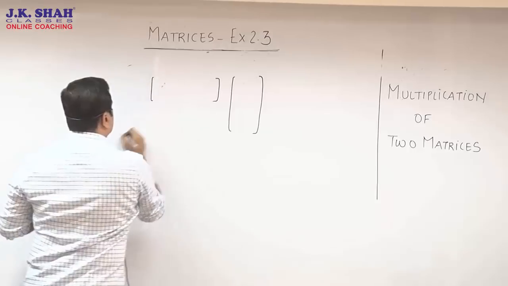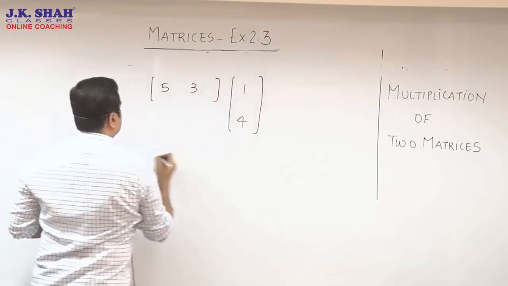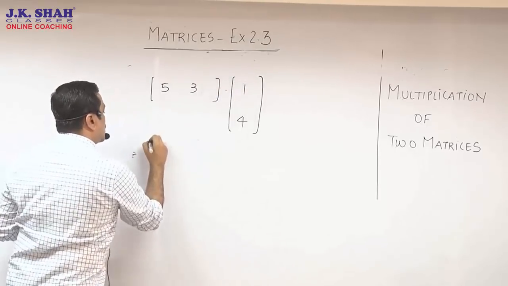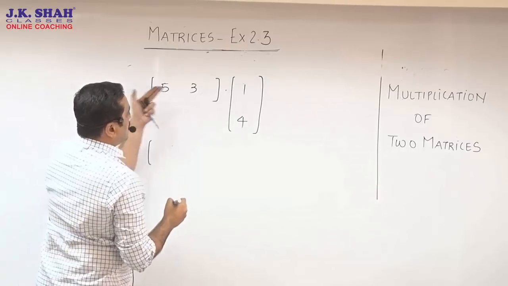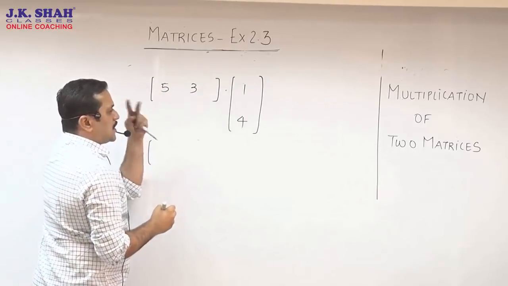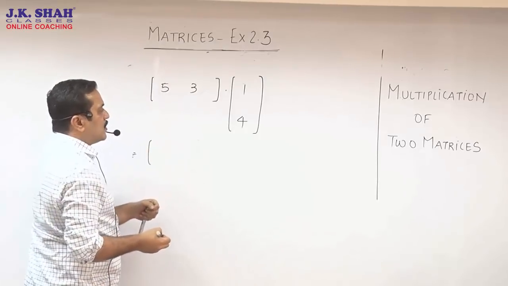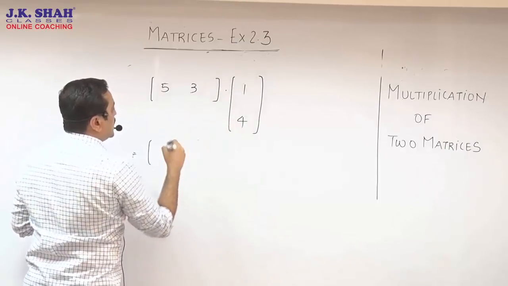I repeat one more time, or maybe we see one more over here. Let me change the numbers. 5, 3, 1, 4. It's a row matrix multiplied with a column matrix. We happen to get another matrix only. Okay, how to multiply? You multiply the corresponding elements. This is completely a game of the eyes. If your eyes roll properly, you'll be able to multiply the row and column properly. So multiply the corresponding elements and keep adding it.